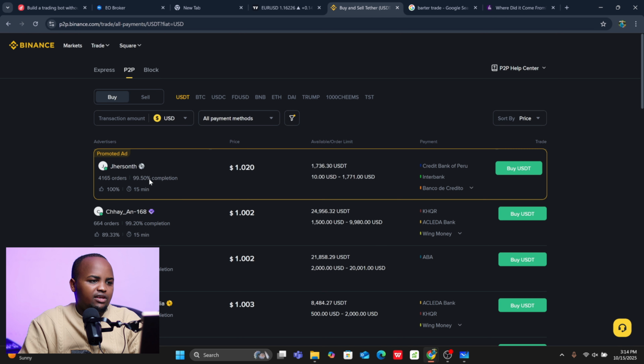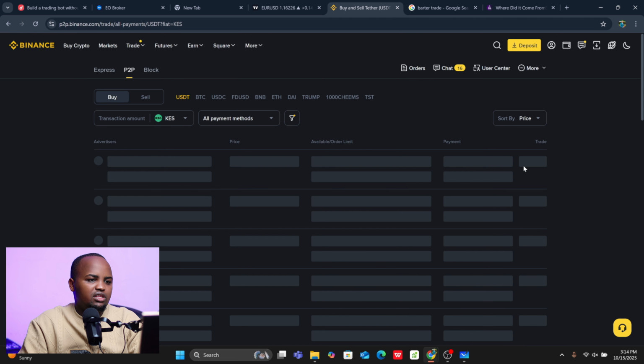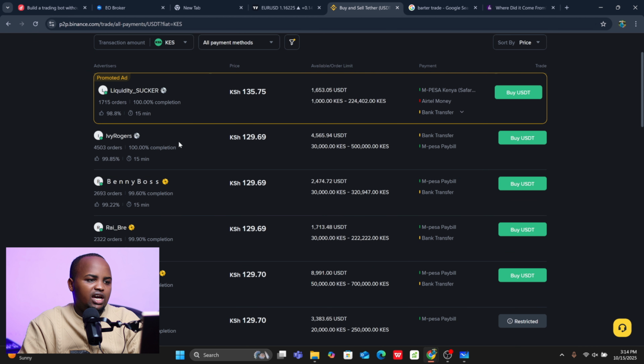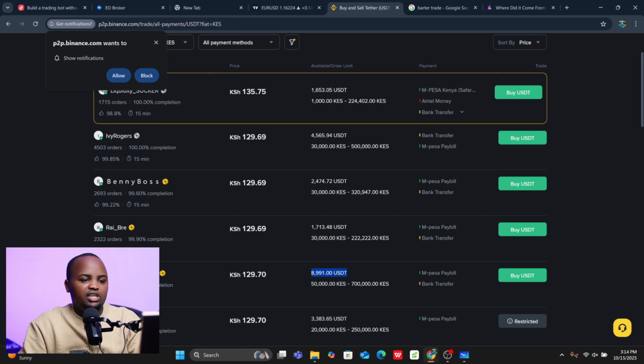And you can see here, you can buy here. All these prices are realized. Here you can buy. There is someone selling at 129. This is USDT, you can just buy here. People have money. You can see, for example, this guy here has all 9,000 USDT. This is millions of money, and you can buy from him at a price of 129.7. So if you have a minimum of 50k, you can buy USDT worth that, and you're going to receive it in your account.